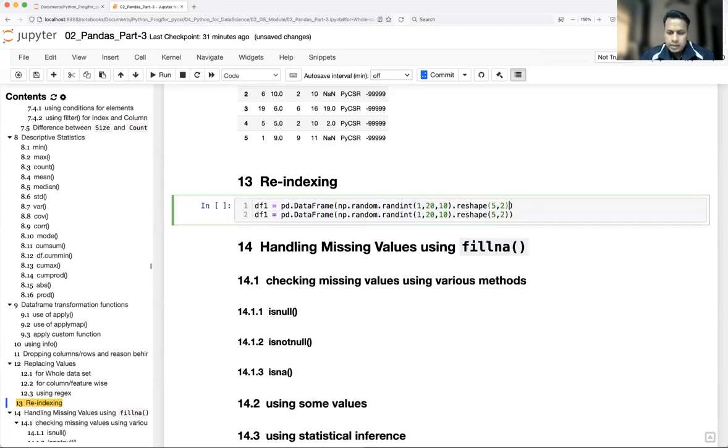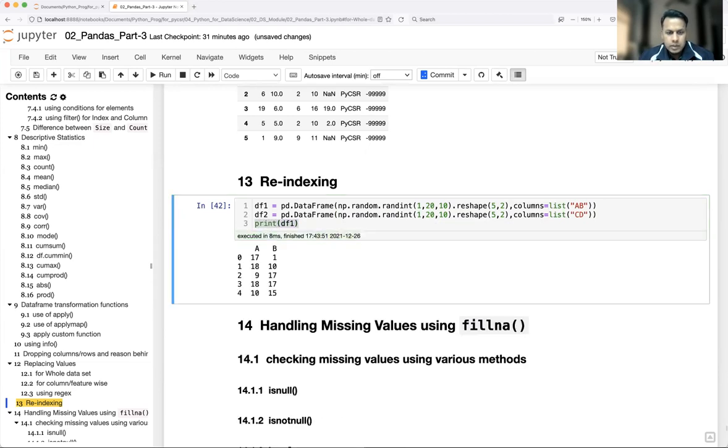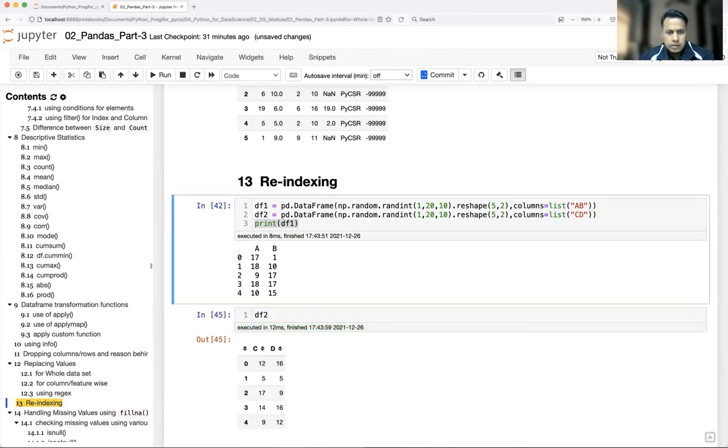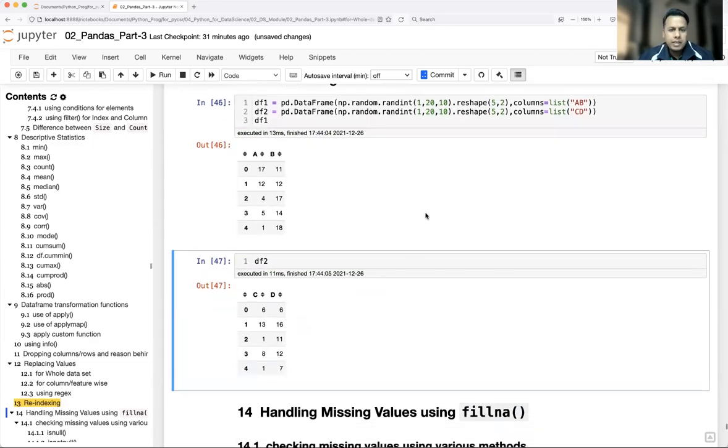And here I can give columns equal to, let's say, c d. Let's remove this. Okay, so this is my df1, df2.